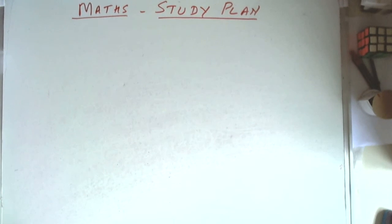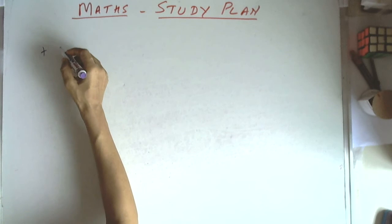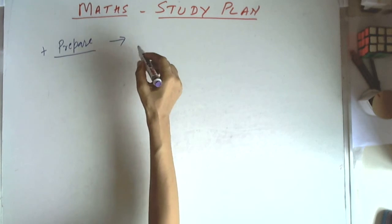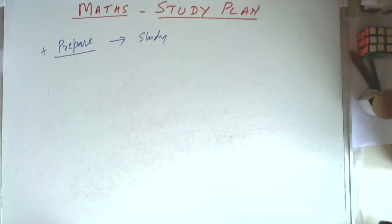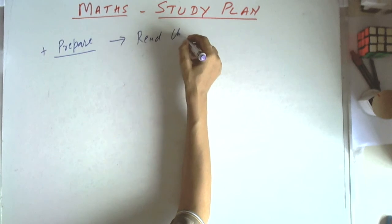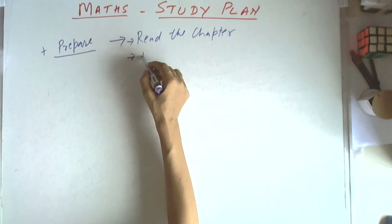After you have done that, then when you come for the class, before coming to the class, prepare yourself. How do you do preparation? You study the chapter. Study in the sense you just read the chapter, so that you become familiar. And also any difficult word,